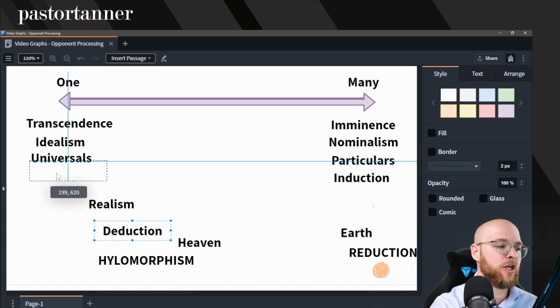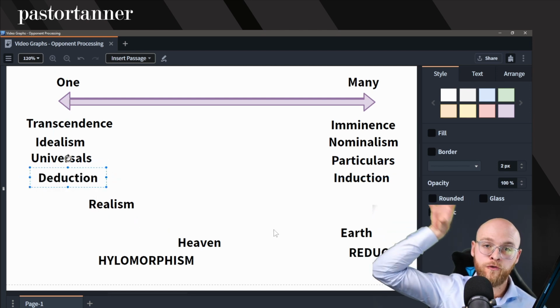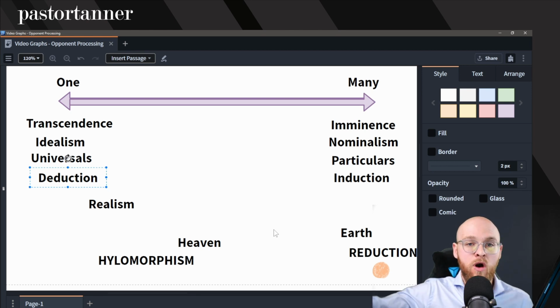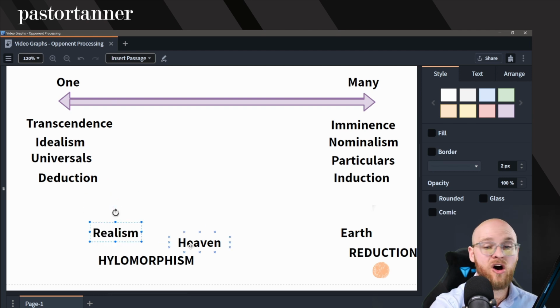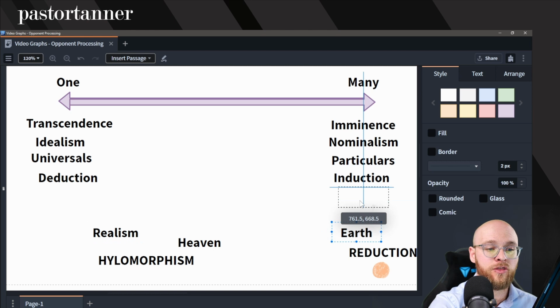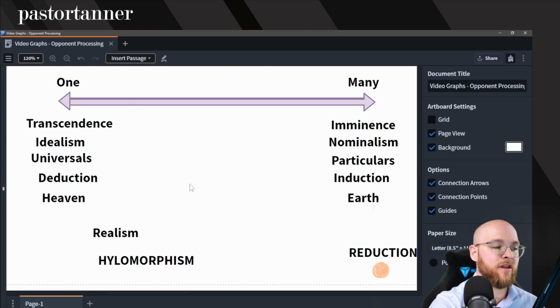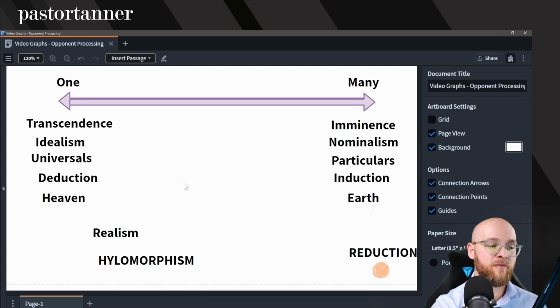and deduction occupies the other side. We argue top down. We argue from first principles down to below. I think, therefore I am. And that's deductive reasoning. And you guys know I love Pajot's language. We're just going to map this onto heaven and earth. Of course, earth is the many and the one is heaven. Okay, we've got our symbolic categories of heaven and earth, and these map right on top of one another.